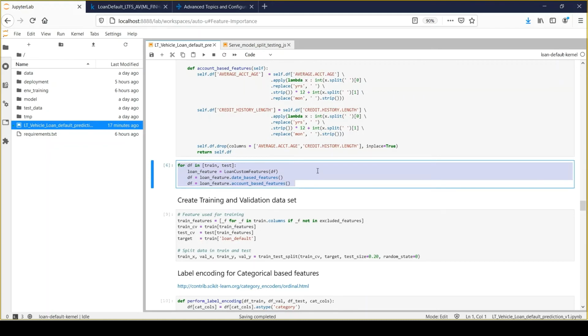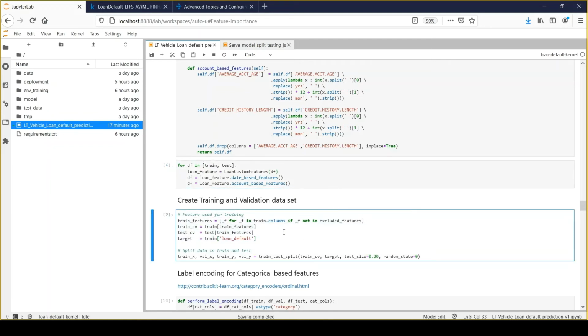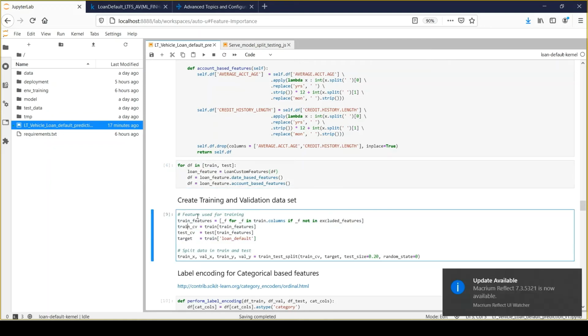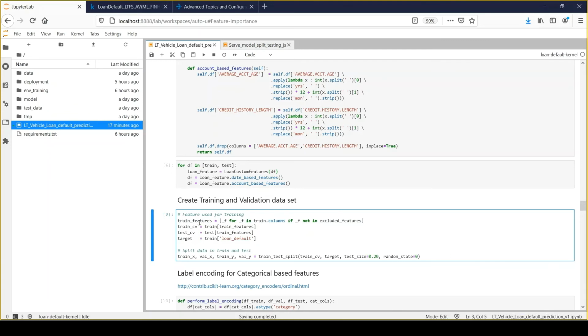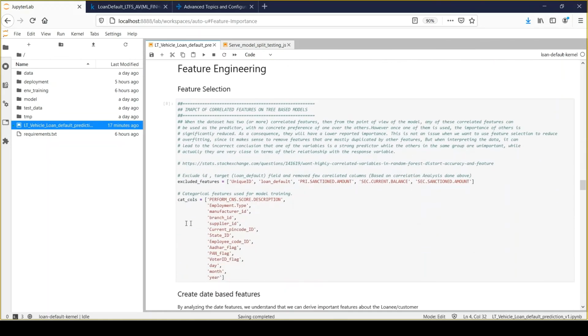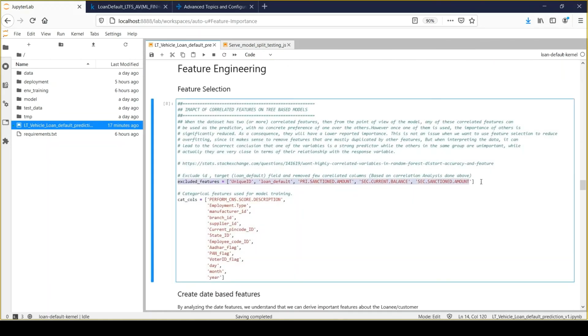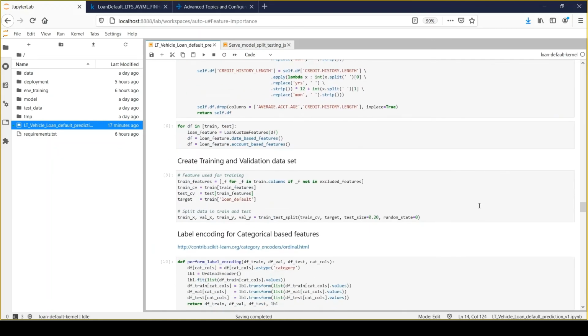Once that is done, we are creating training and validation sets separately, right? So here I'm first generating the training features. As a part of training features, it will exclude all the features which we have dropped as a part of the feature selection part. So it will not include those features.